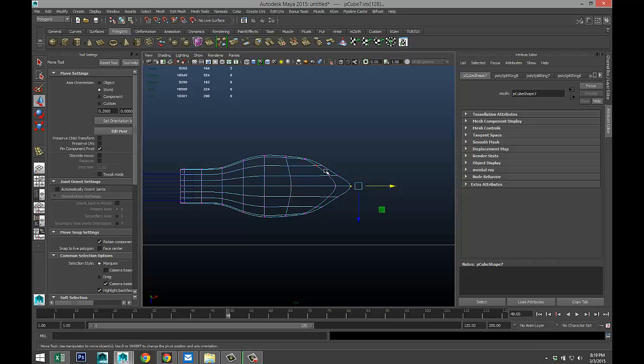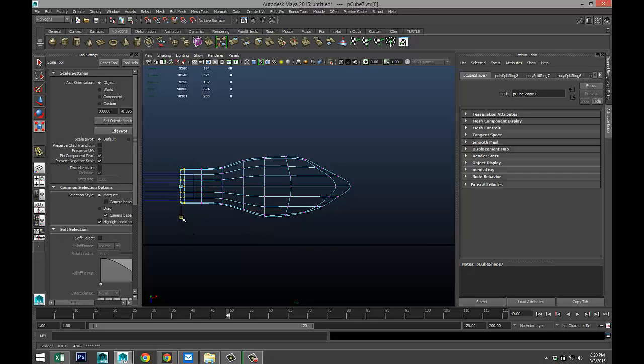I'm just going to try to make it look slightly more real. Okay, it's just too even and too smooth. Okay, and we'll take these, hit R, and push them in a little.